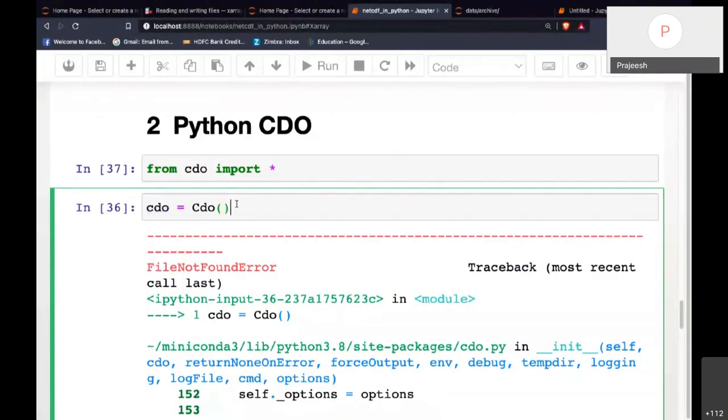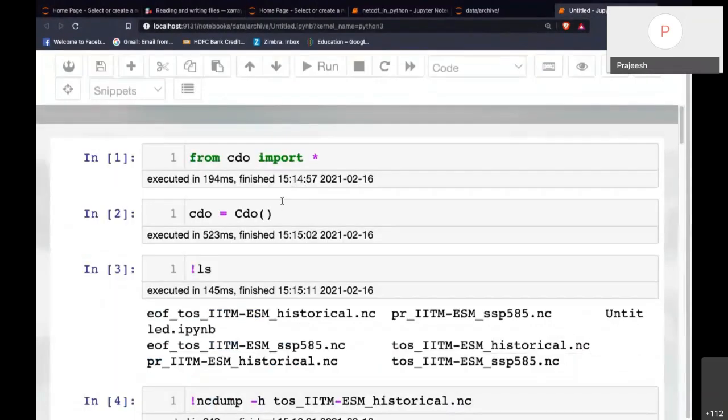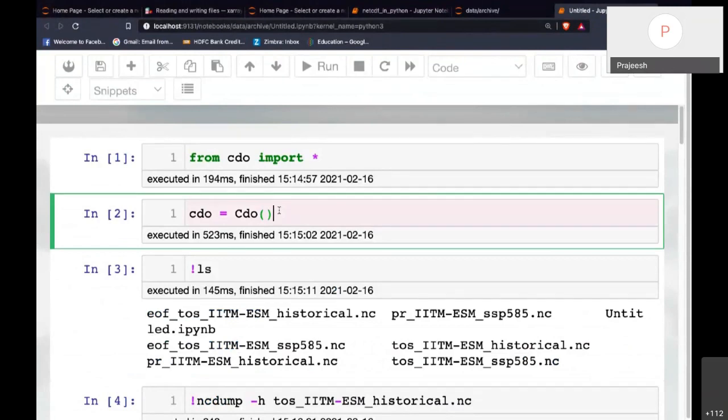But this failed on my local machine because I didn't have the CDO library installed. It worked on the HPC because the HPC already had CDO installed.